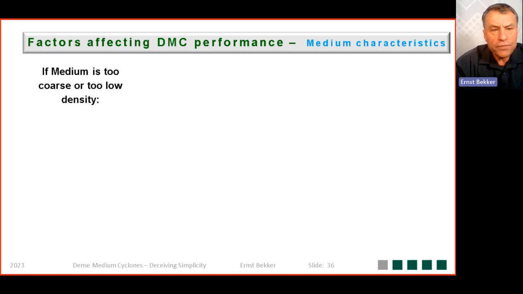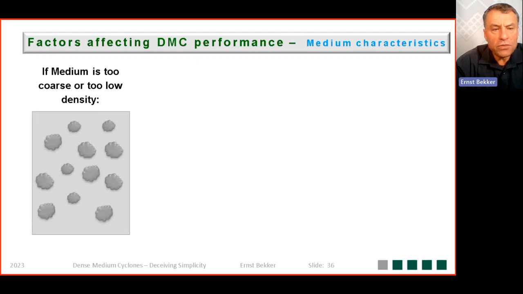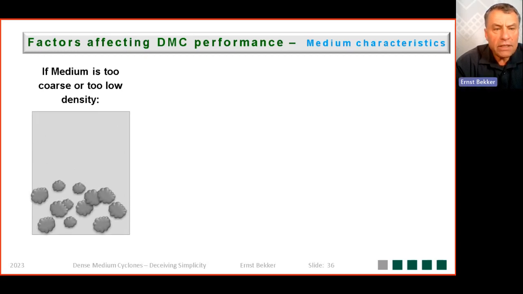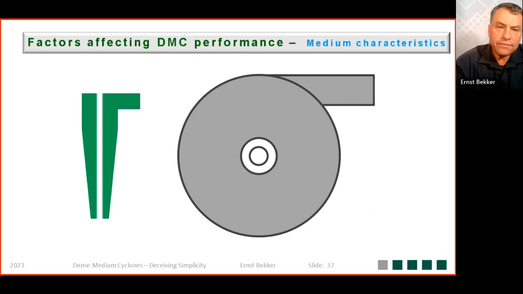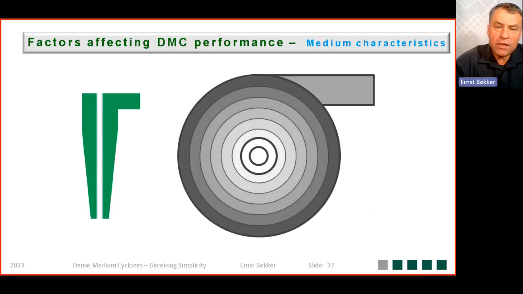If the medium is too coarse, or you're operating at too low a density, you have medium that is settling out very quickly. Its impact on a dense medium cyclone is that predominantly most of the medium reports to the underflow, and mostly water and maybe a small amount of medium reports to the overflow. You therefore have a very large difference between the overflow and underflow densities, and we define that as the medium being unstable. To illustrate that on a different scale, let's look at the density profiles